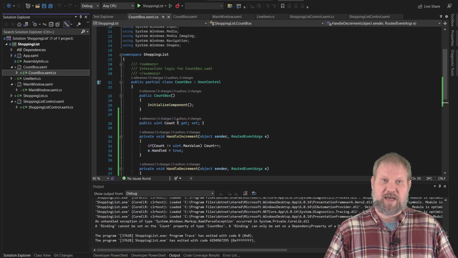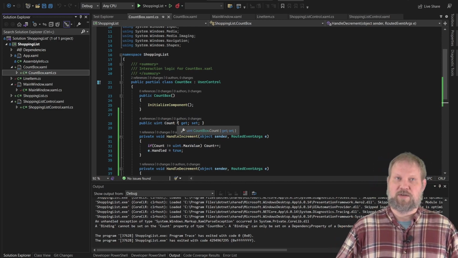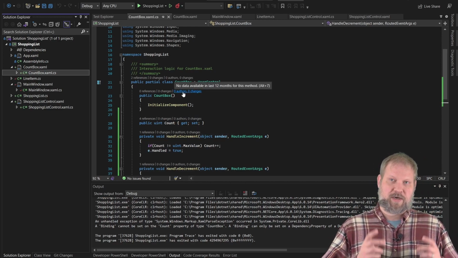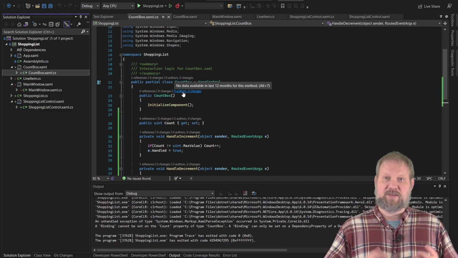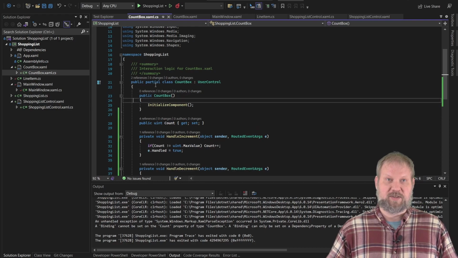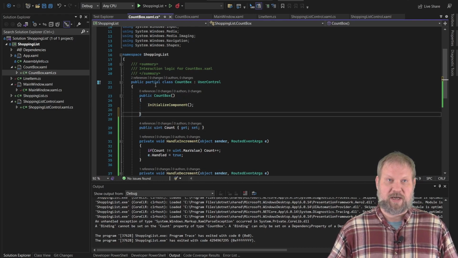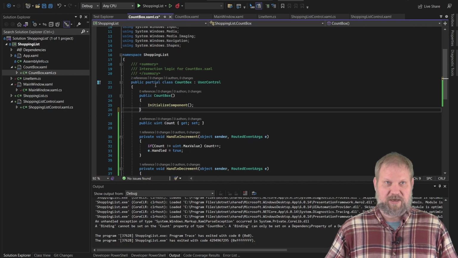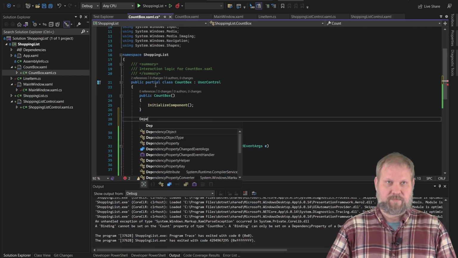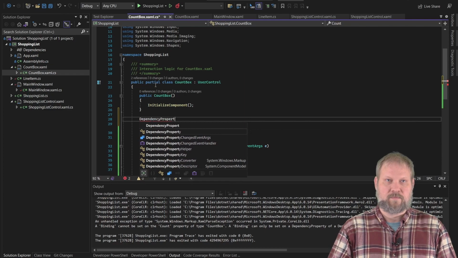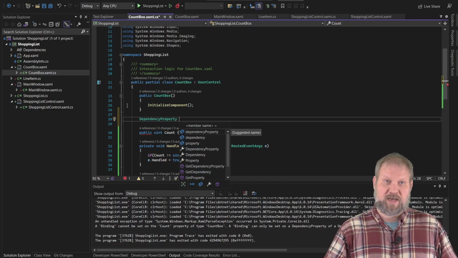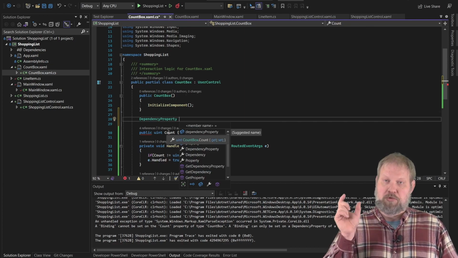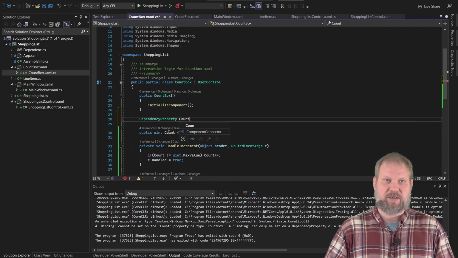It is something else. So how do we turn this into a dependency property? Well, we said a dependency property is basically a key value pair, and the key part of that is actually a DependencyProperty. It's its own class, so we can declare an instance of it. We're going to do this right above our count here. Oops, one line down from there. And by convention, a dependency property's name is the name of the property, in this case Count, plus the word Property after that. So CountProperty